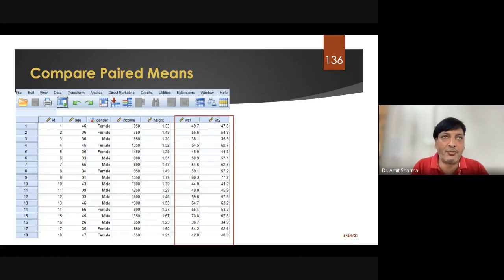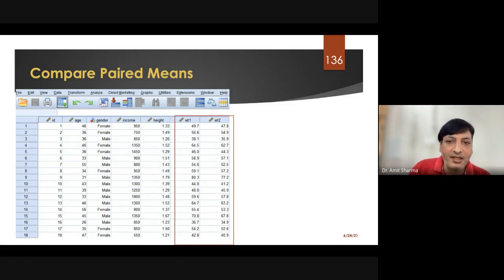They have made a program which contains different sorts of exercise, and the owner wants to display an ad on television or in the newspaper, and there he wants to quote a particular figure. He wants to find out what figure he should quote, either 10 kg or 15 kg. He wants to say that you are going to lose this much, and if not, then we are going to give your money back. So he wants to be sure that at least 5 kg, 2 kg or 3 kg, how much the participant can lose.